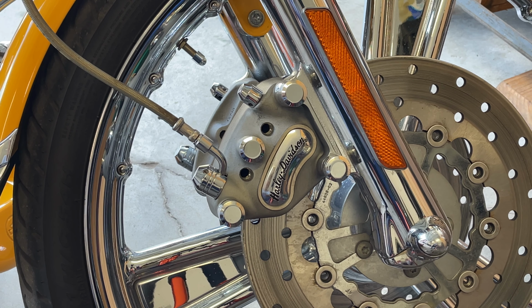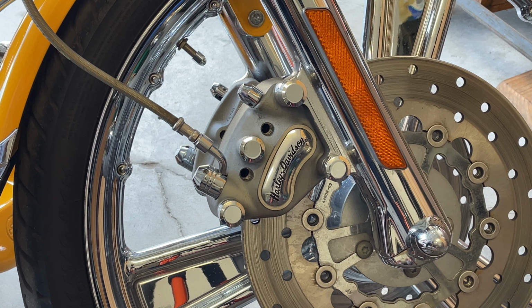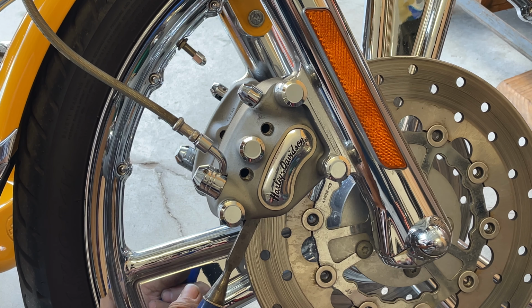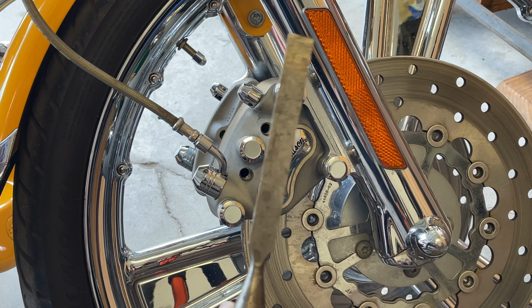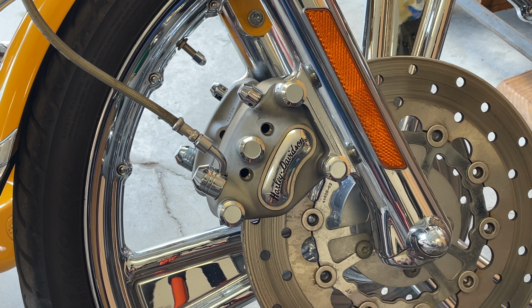Like I said, when you take the cap off the master cylinder, it relieves some pressure. Now I was able to collapse these all the way. Like I said, I go in there, little angle. Go in the back, and just twist it. And then that's that. With a wire brush,